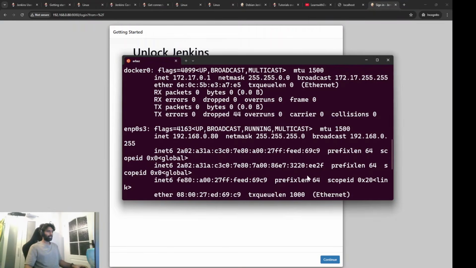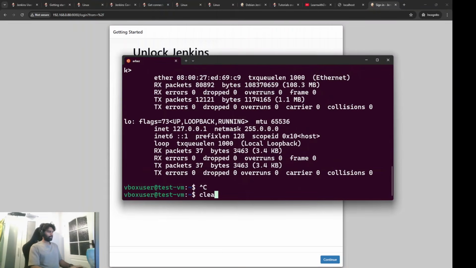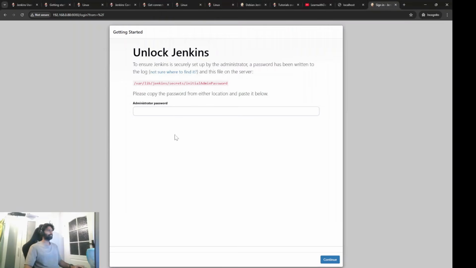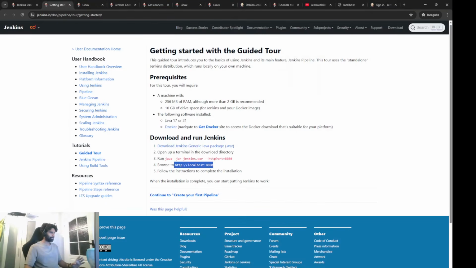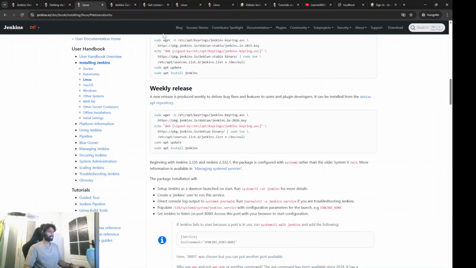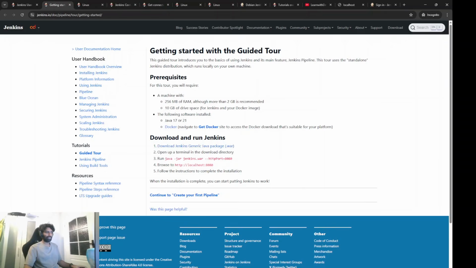All right, now what's the next step? Unlock Jenkins. Okay, you need a password. For that I need to go here and copy the password. cat /var/lib/jenkins... And also if you see the documentation, nowhere is it mentioning that. I'm not sure, maybe in some other places. If you find that out, please let me know in the comments, because I don't want to waste time, because here clearly, as soon as you navigate,